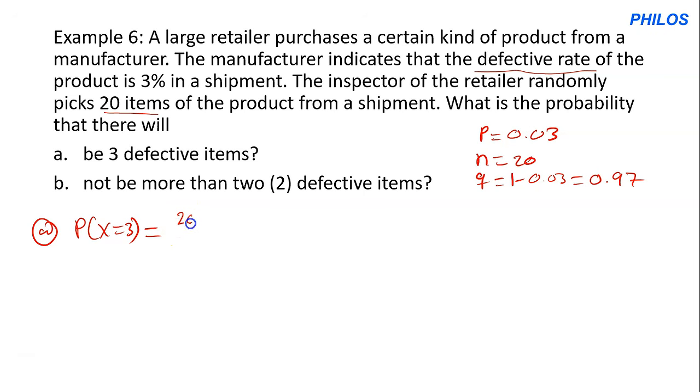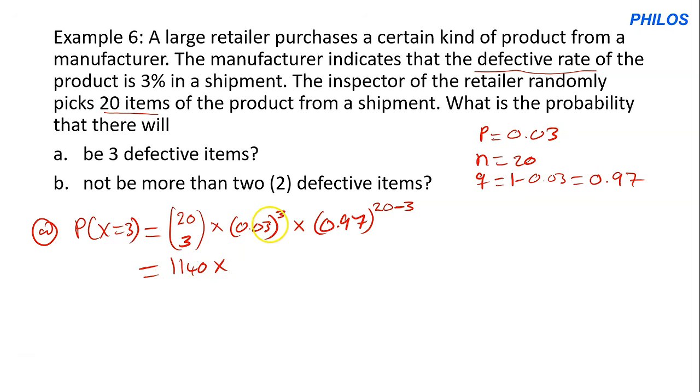So our n is what? 20. So 20 combination 3 times our P is 0.03. So 0.03 exponent X, which is 3, times our Q is 0.97 exponent n minus X, and our n is 20 minus our X is 3, isn't it? So 20 combination 3, if you put this on your calculator, you get 1140 times 0.03 exponent 3 should give you